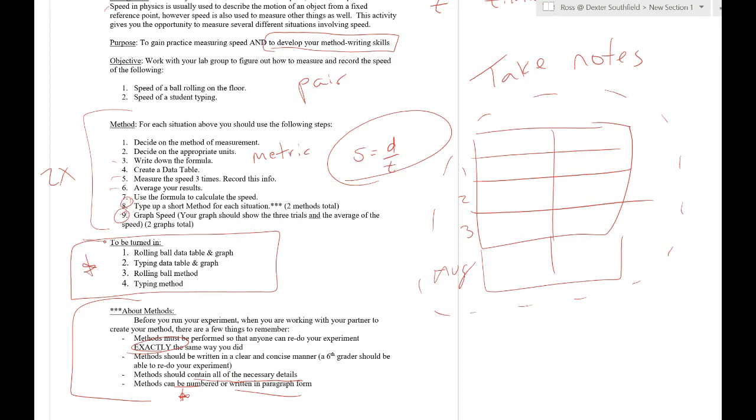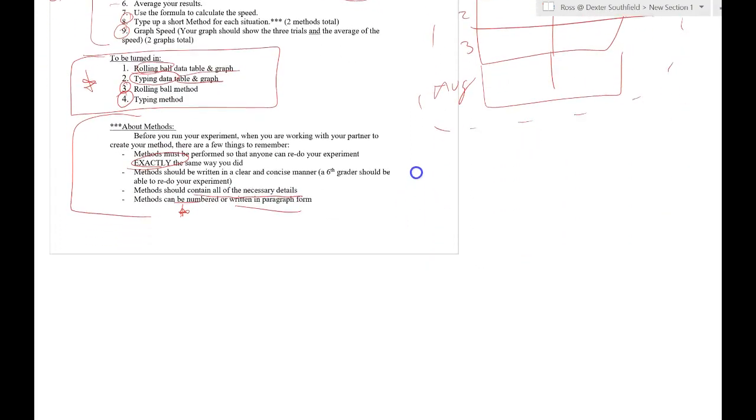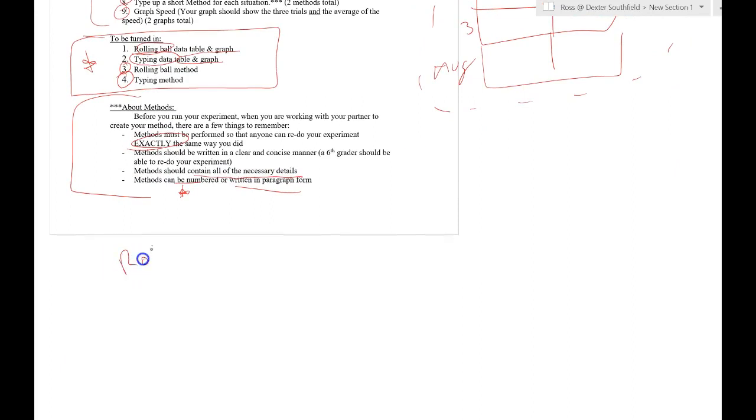So the first thing is a data table and graph for the speed of the rolling ball. You'll also turn in a data table and graph for the typing information. You will then write up a method for how to calculate the speed of a rolling ball, and you'll type up a method for how to figure out the speed of somebody typing. So you're going to turn in essentially 6 things here. You'll turn in, if we're thinking about this in terms of the rolling ball experiment and the typing experiment,